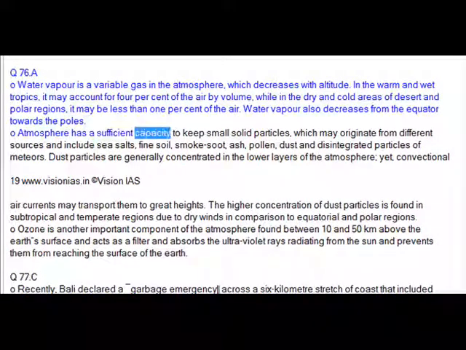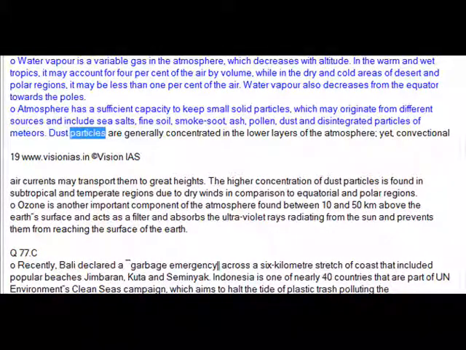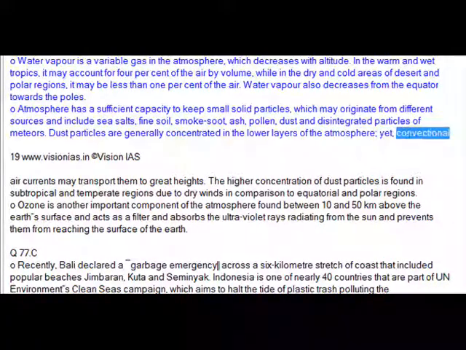The atmosphere has a sufficient capacity to keep small solid particles, which may originate from different sources and include sea salts, fine soil, smoke, soot, ash, pollen, dust and disintegrated particles of meteors. Dust particles are generally concentrated in the lower layers of the atmosphere, yet convectional